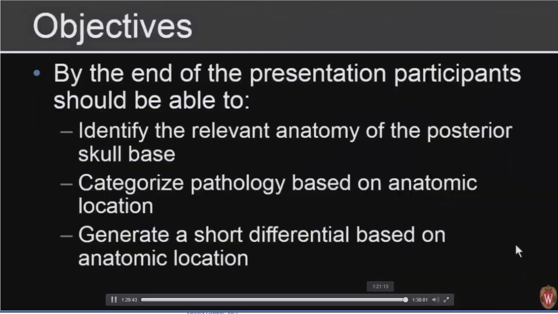So in terms of our talk today, hopefully you have an understanding of the relevant anatomy of the posterior skull base. We can organize the pathology based on anatomic location, and then have a short